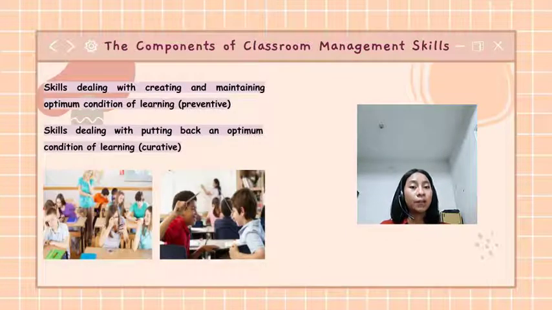Next is about the components of classroom management skills. In general, there are two components of classroom management skills. The first is skills dealing with creating and maintaining optimum condition of learning, or as a preventive. The aim of this component is as a prevention so that the learning process will run well in accordance with